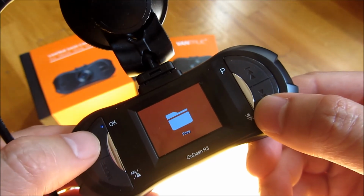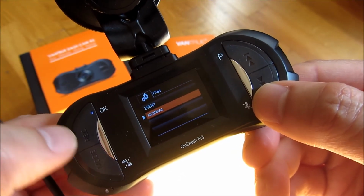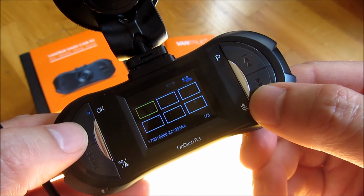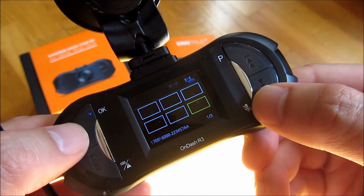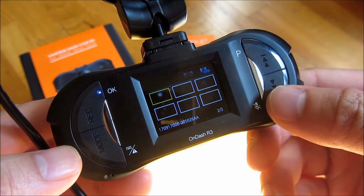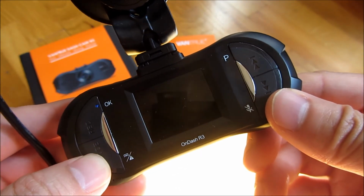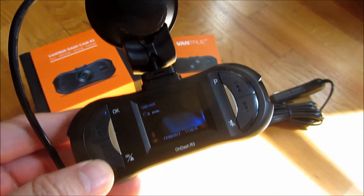there's the file mode. Click OK. And you could see all of the files. So I'm going to go in. And now you can navigate through all the files and watch them on this. Of course, most people just take their SD card and put it in the computer. But that's really it. That is the complete menu options for this